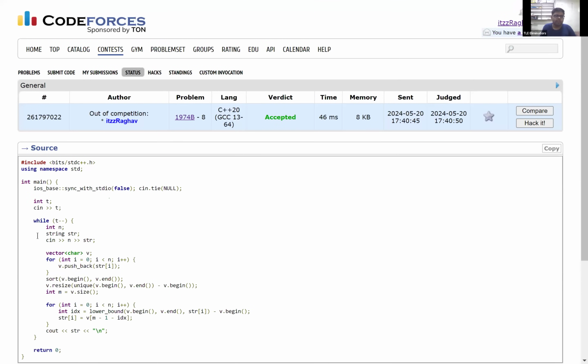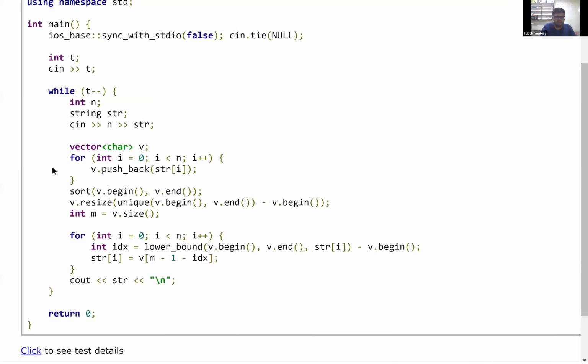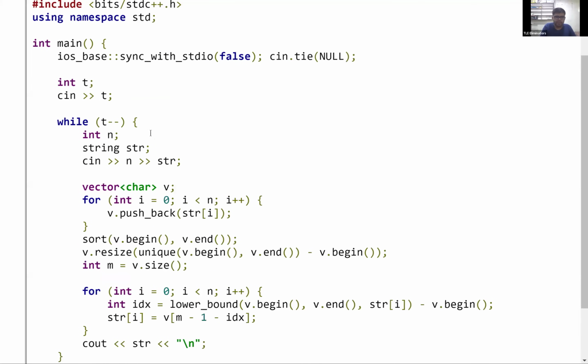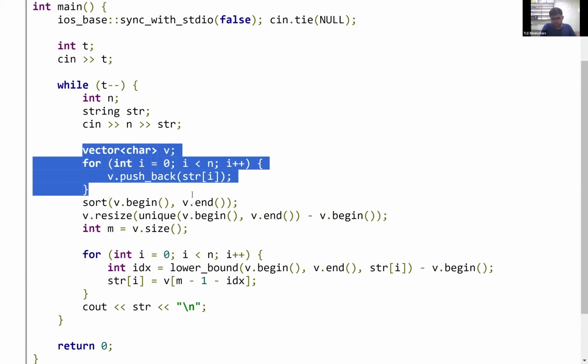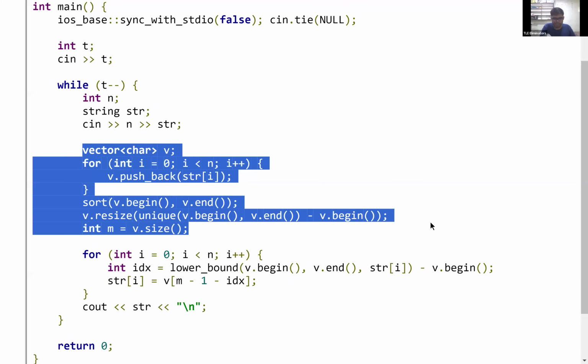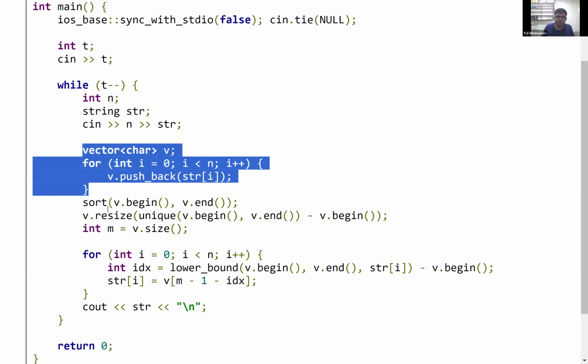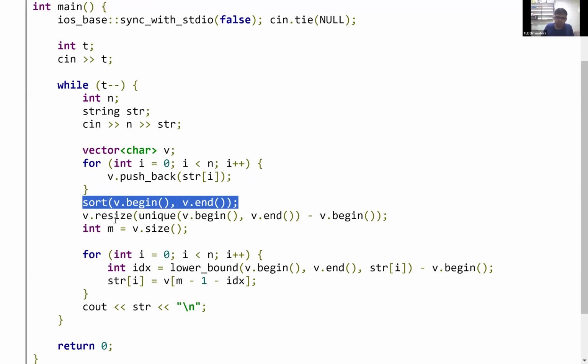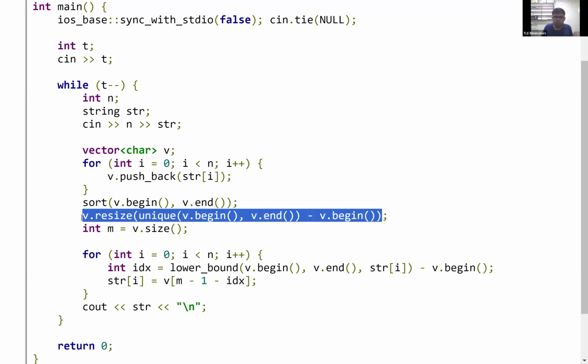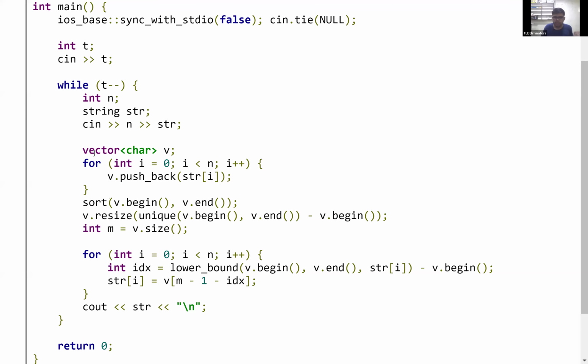So here is my code. For each and every test case, I have been taking the inputs first. After that, like this process can be done with sets. Here, this code might look a bit ugly. What I have been doing here is, first of all, I'm putting all the characters of the string inside a vector. Then I have been sorting the vector so that all the characters come in alphabetical order. And then I have been using the resize function and the unique function to remove all the duplicates. Now, if you don't know about this syntax, you don't really need to worry about it. If you just know about sets, you can use them directly. Using sets is easier,